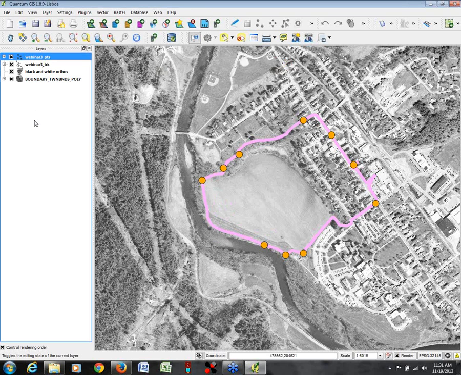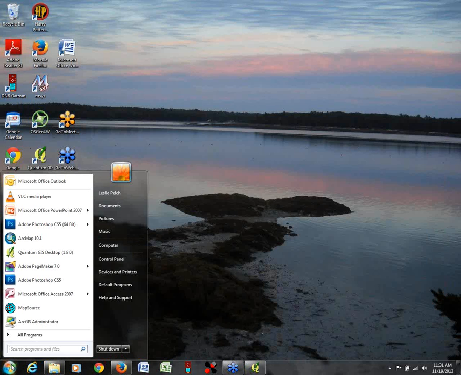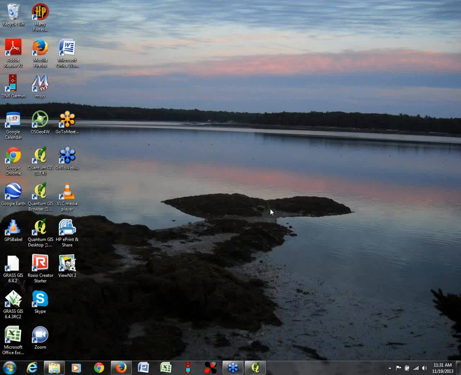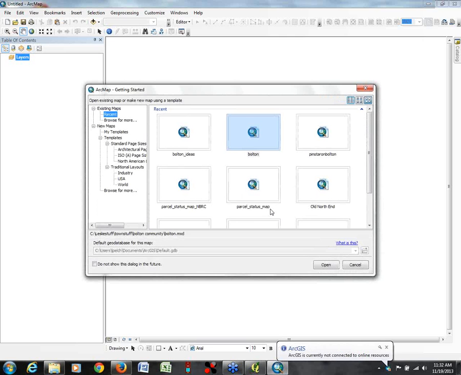Let me just see if there's anything else I want to say about QGIS. Okay, so let's close up QGIS and move on to ArcGIS. Just to show you that ArcGIS is actually a little bit more limited in what it can do initially, only because you can't download the data directly from the GPS. You do have to do one of those intermediate steps using one of the three options we just talked about